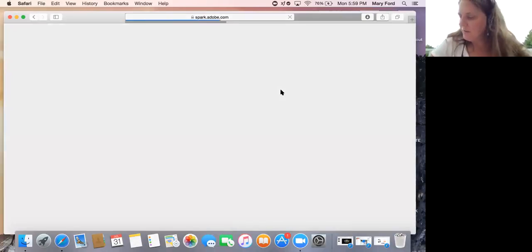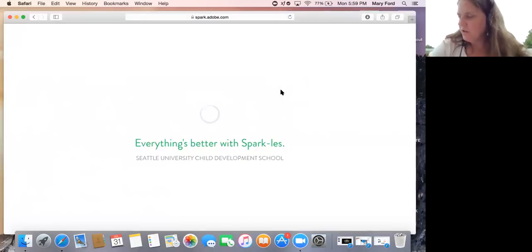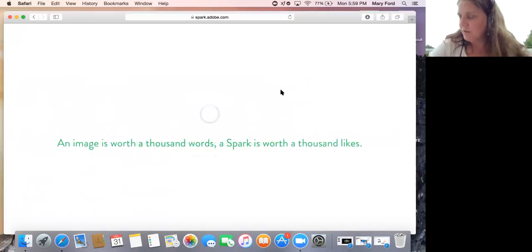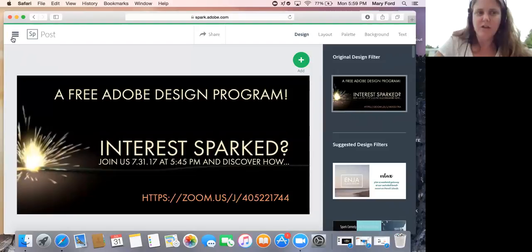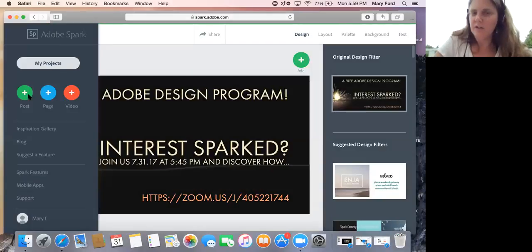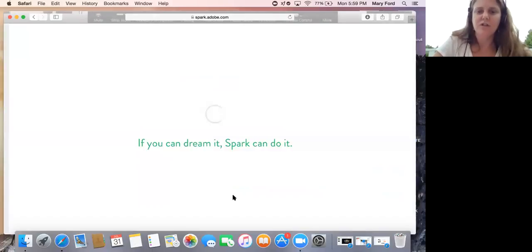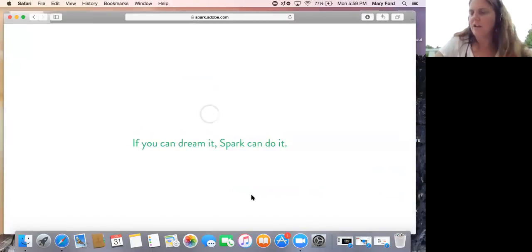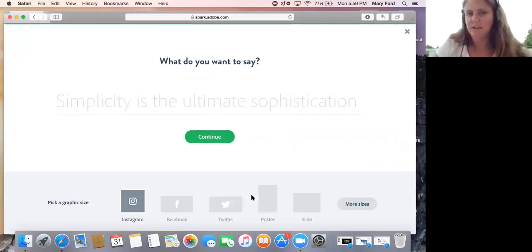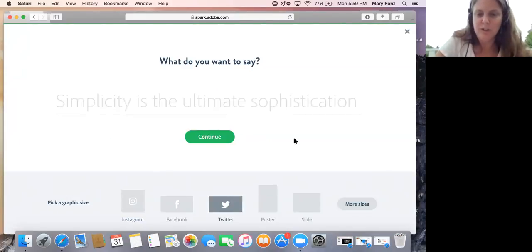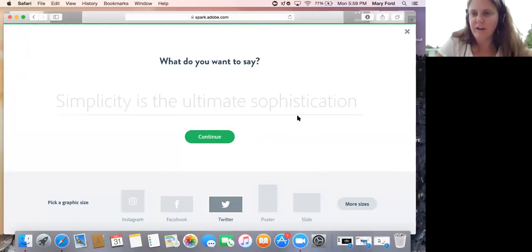So what I'm going to do is assign breakout rooms. When you go into your breakout room, you're going to discuss what you guys want to highlight for an ed tech tool, your favorite ed tech tool. And then you will go ahead and do a post. Again, you're going to start from scratch. Choose your size. That's the Twitter size because you guys are going to be posting this to Twitter. I'm trying to show you guys how to post this to Twitter so that you'll know when you go to post your final product,